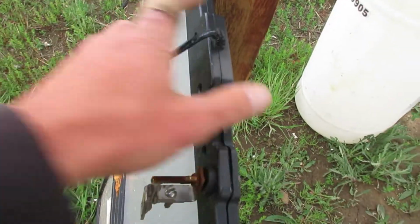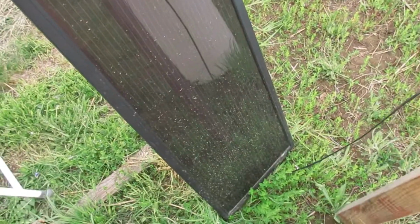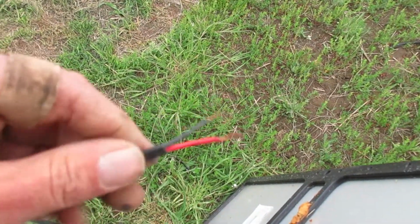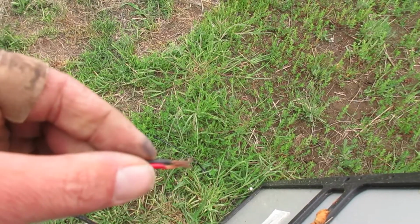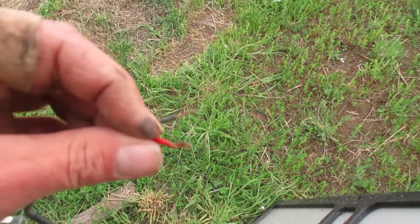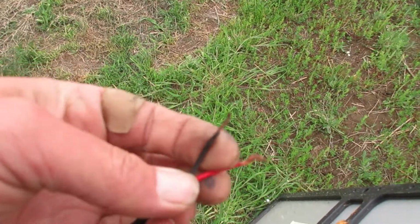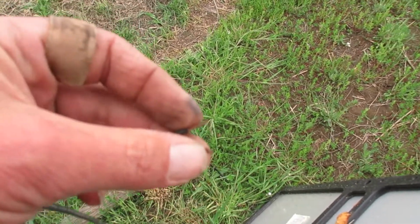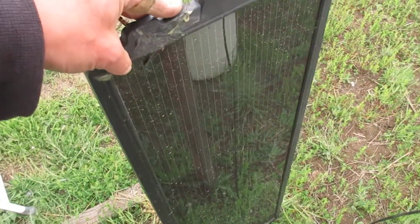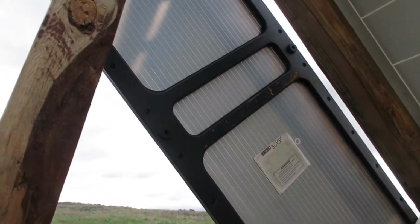This is a Harbor Freight panel, and mice had gotten to it, and I'm guessing when they got to it they touched the wires together. This is already dead, so it doesn't matter if I do this. When they got to it, they touched the two wires together, so this guy's dead. It was a set of 3 that we got, and right now this one here is the only one that's